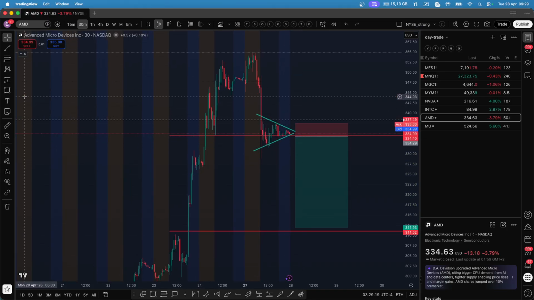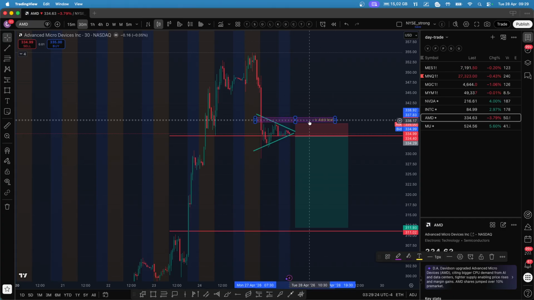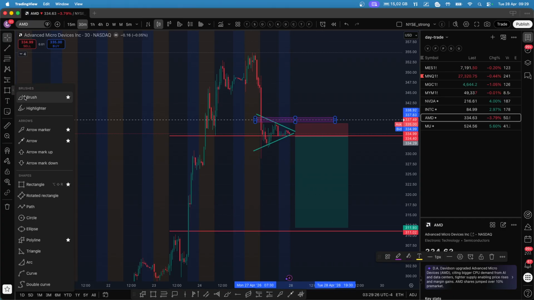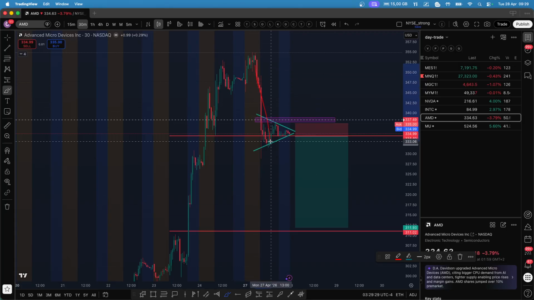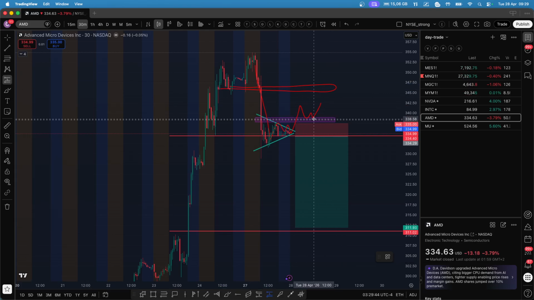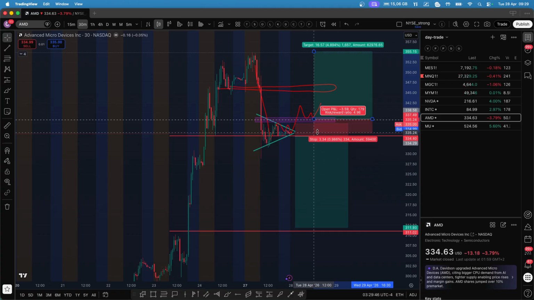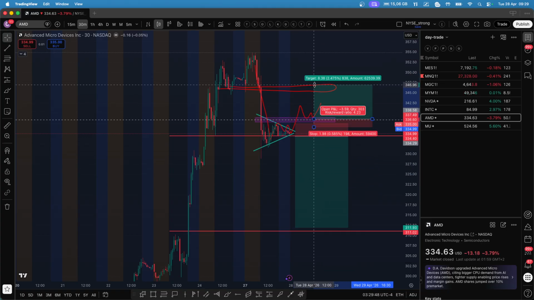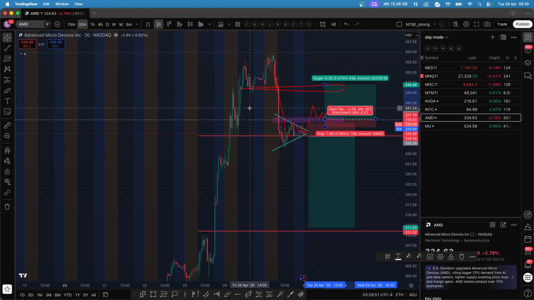In case we go above this consolidation high, then there is no short opportunity in my opinion, because then the bulls will take control above 338 for the target of this level, 346. So if you want to go with the trend, then confirmation is above 338, keeping a small stop loss for the target of 346. So this is a plan for AMD.